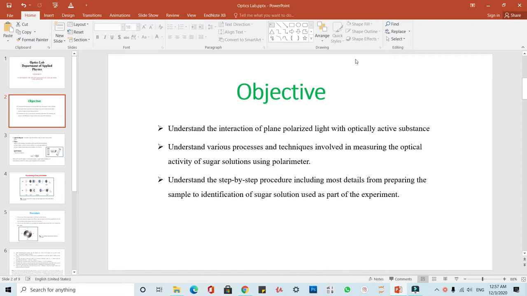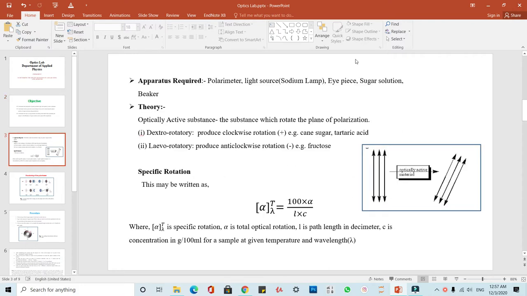the experiment. The apparatus required for our experiment: the first one is the polarimeter, which is used to measure the angle of rotation caused by the polarized light while passing through the optically active substance. Here a sodium lamp is taken as the light source, along with an eyepiece, sugar solution and the